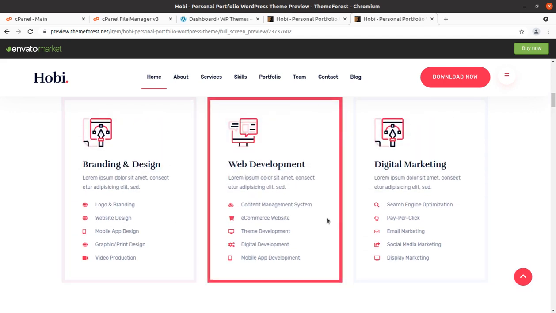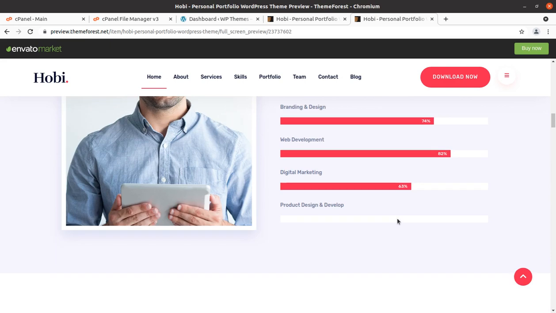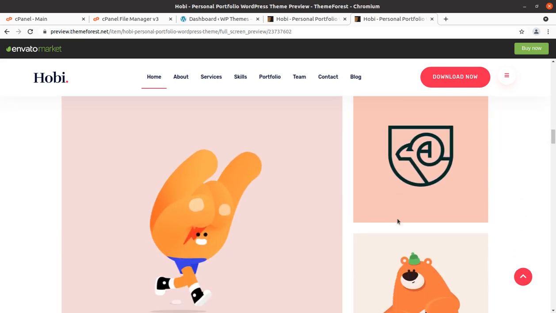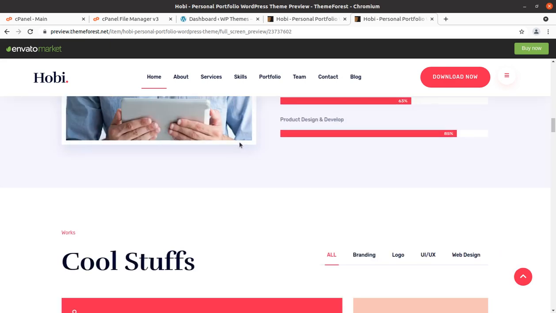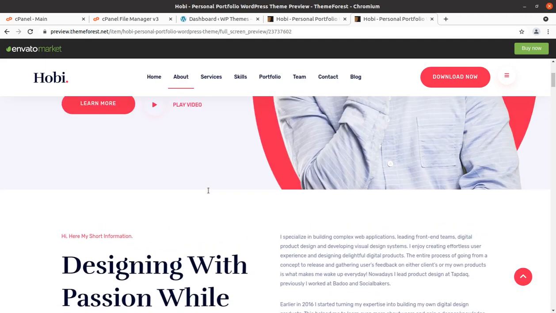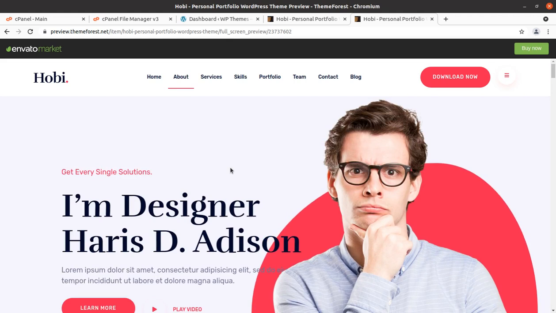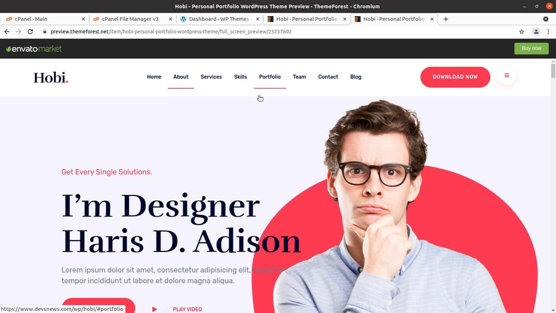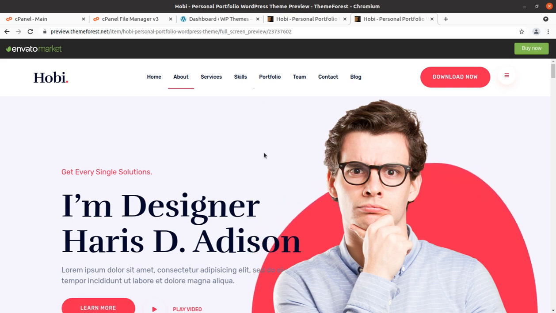This is for personal portfolio websites. If you are a designer, a professional, an IT professional, or an architect, or whatever you may be, your personal portfolio website can bring your candidature in front of the employers, and it may attract your employers to consider you as a golden candidate.